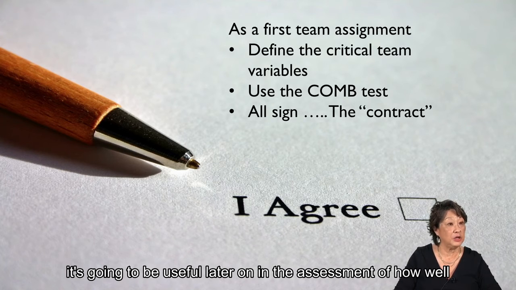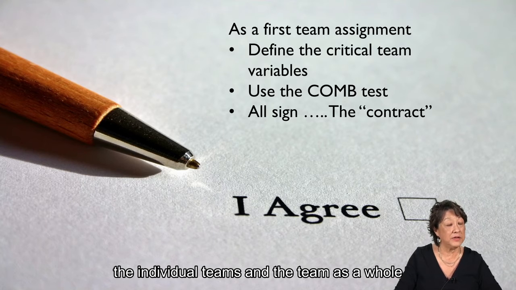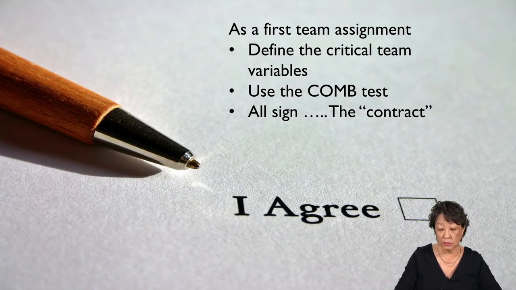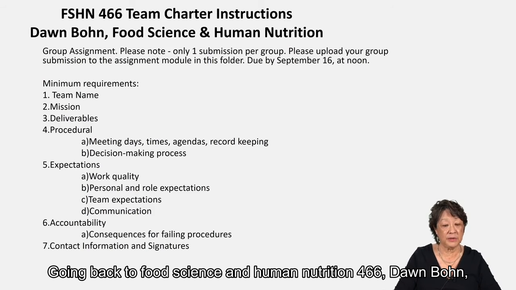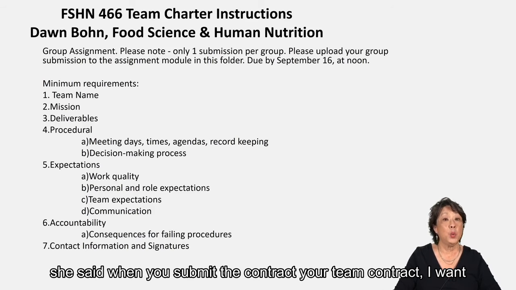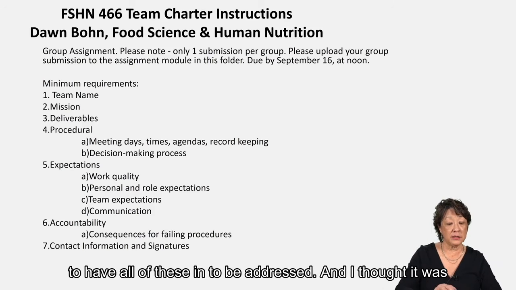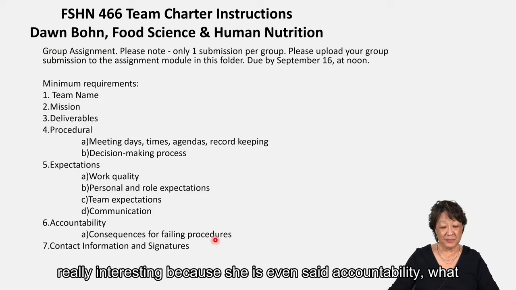And it's going to be useful later on in the assessment of how well the individual teams and the team as a whole works. Going back to Food Science and Human Nutrition 466, Dawn Bone said, when you submit your team contract, I want to have all of these addressed. And I thought it was really interesting because she even said,